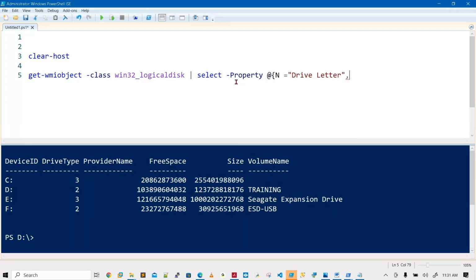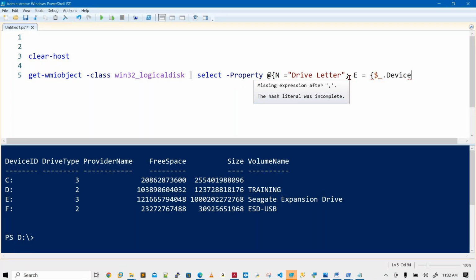Hold on, sir. I will explain it, but I need to give one or two examples. Then you will get clarity on what level we can understand and learn from this training. Why is it different from others? And see, drive letter. I can customize my reports, and automation is the main target.